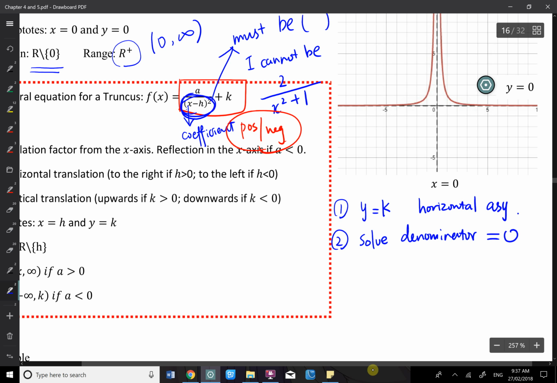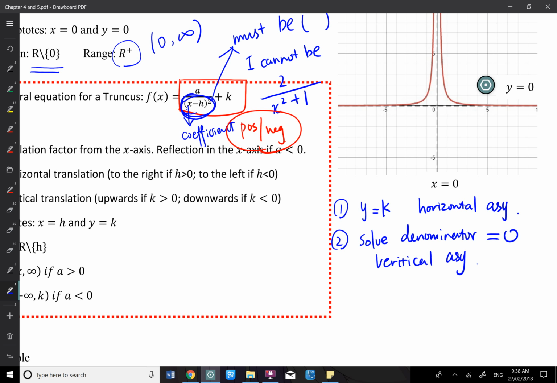Solve denominator equals to 0, you get vertical asymptotes. Because you have x equals to something, that's your vertical asymptotes. Why do I need to solve that equals to 0? According to implied domain,